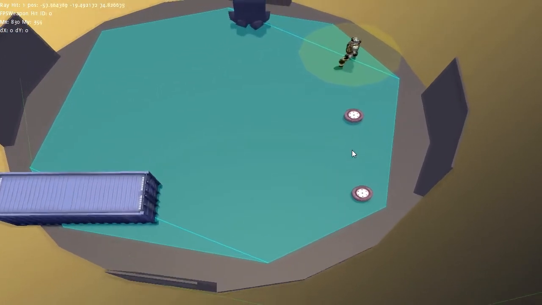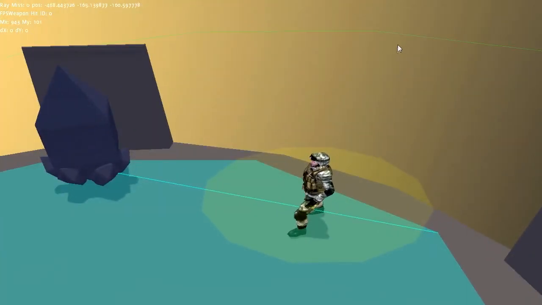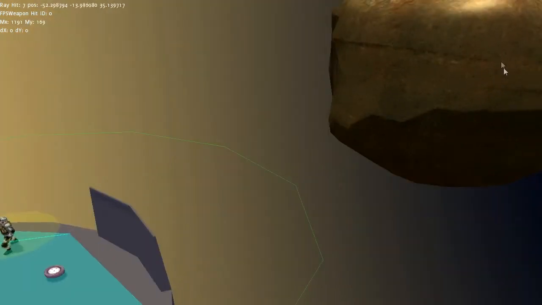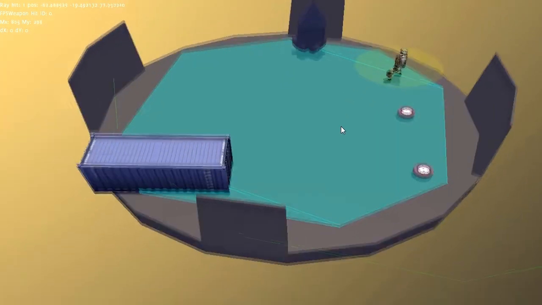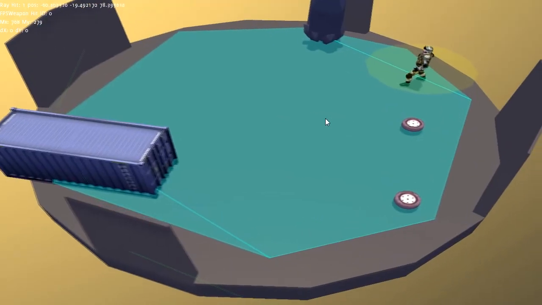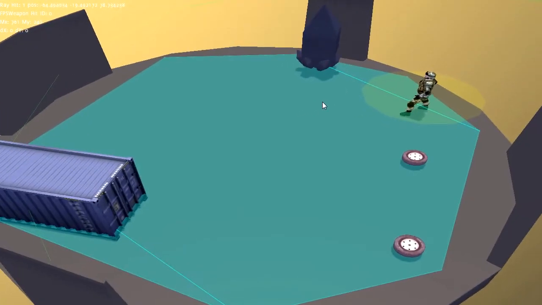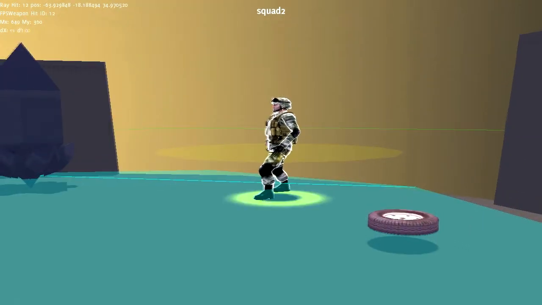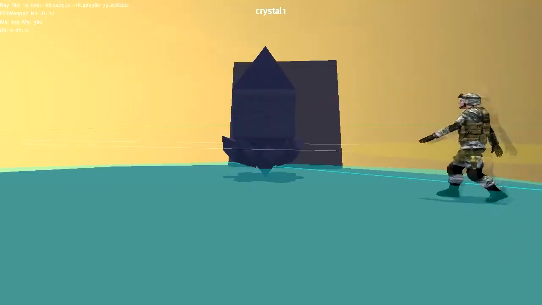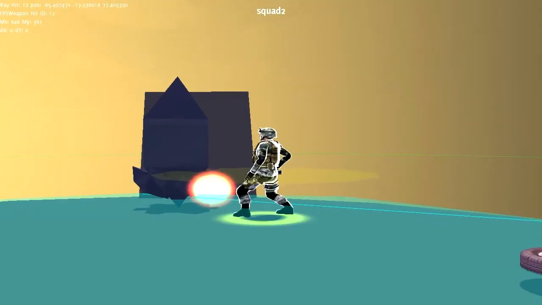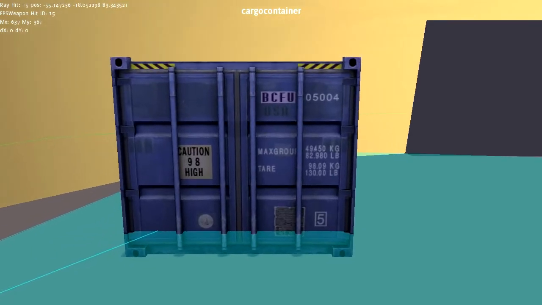This week I want to just quickly show you some of the AI code that's been being worked on recently. And the first part is that I just wanted to show you the navigation mesh working again. So navigation meshes are a way for the AI characters to move around the world. And because the world is procedurally generated, we need to make sure that the AI navigation system is pretty sound. So there's still some work in that area to be done, but basically you can see that the navigation meshes